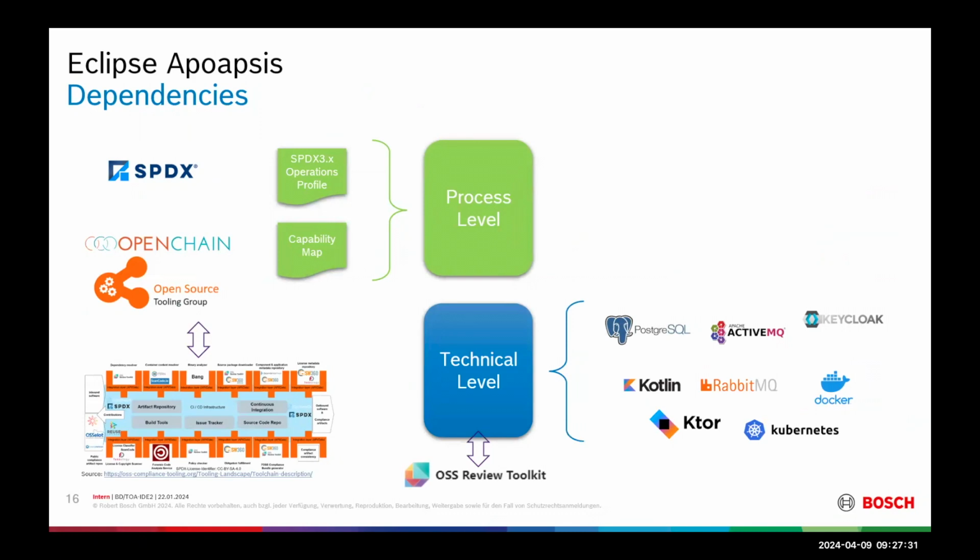So on the process level, for the spec sheets, we would not implement this directly in Apoapsis. Here we already started an operations work group in SPDX, where we're currently discussing the fields for such a fact sheet. On the other side, as I already mentioned in the tooling group, the automation work group, we already worked on this capability map so that I do not need to reinvent the semantics,